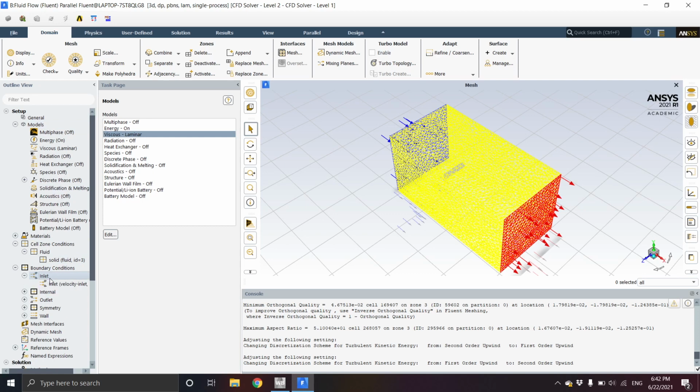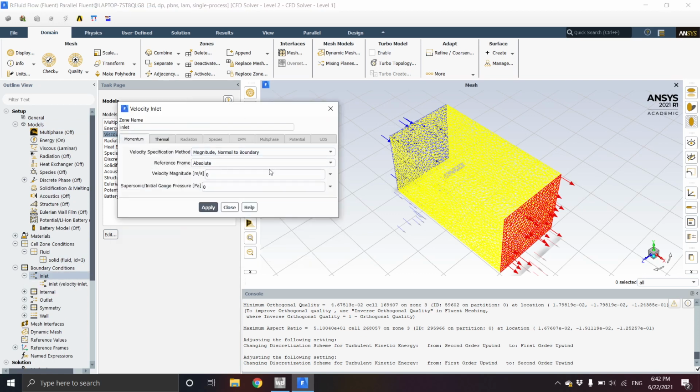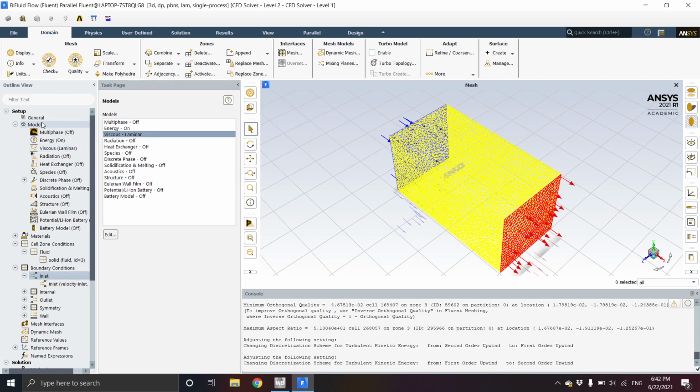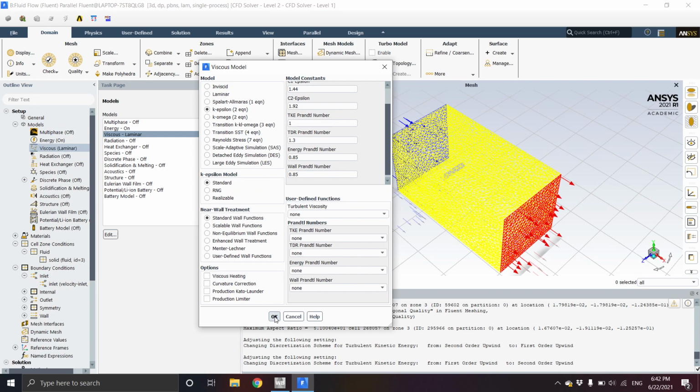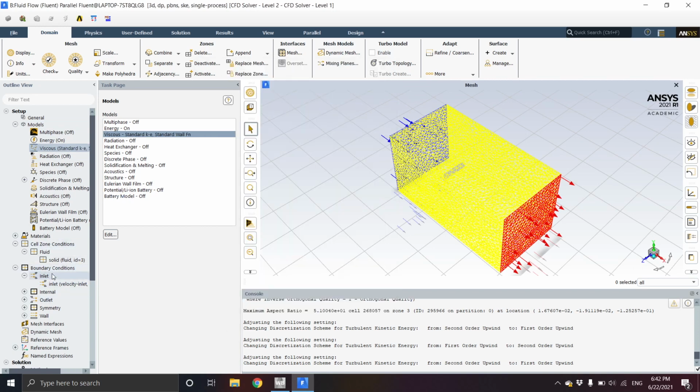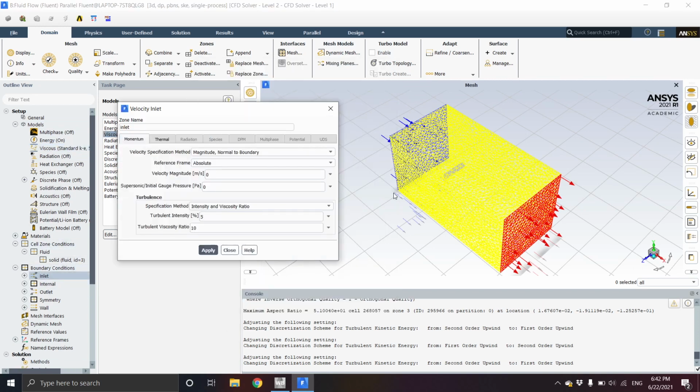And if we go back to our boundary conditions, we can see that the option disappeared. So this option is going to be the one that allows us to run the turbulence flow over the